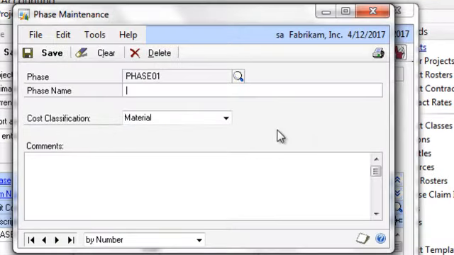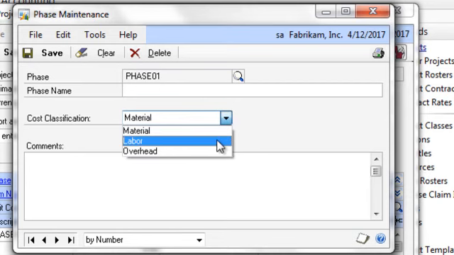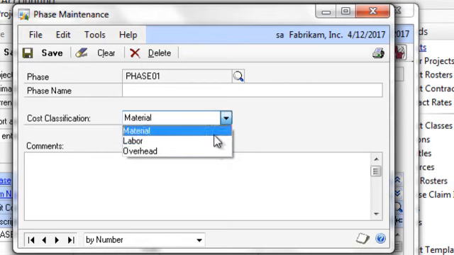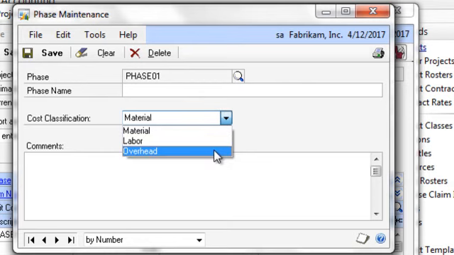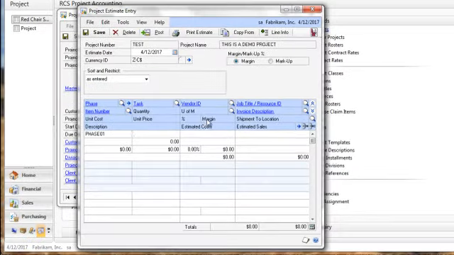On these phases, you can set the phase name, and then the cost classification. This will help you determine where this cost is going, so you can use it for reporting purposes to determine where all your costs are going. You also have these three options, as well as 3 other user-defined fields that you could set up, to have 6 different cost classifications that you can use on this particular project to help you determine where your cost is going. Then on your task level,